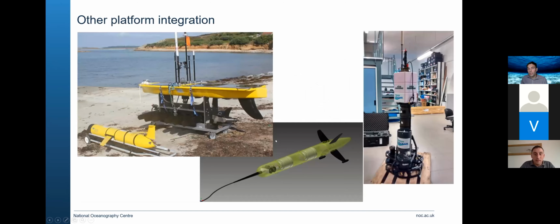And really to wrap up, where are we going next? We are integrating on lots of platforms. Actually, some time ago, we integrated on a profiling float. Here is a lab on chip sensor integrated with an NKE Provor profiling float. We are currently integrating with Apex floats. Here you can see sensor systems integrated with the towed body for a wave glider, and we had